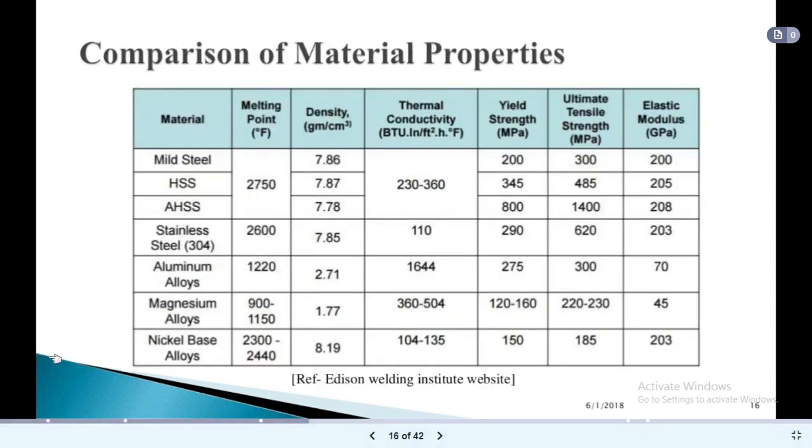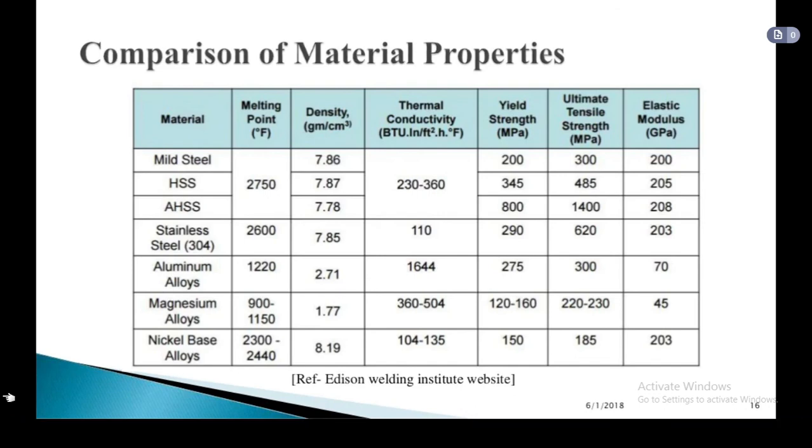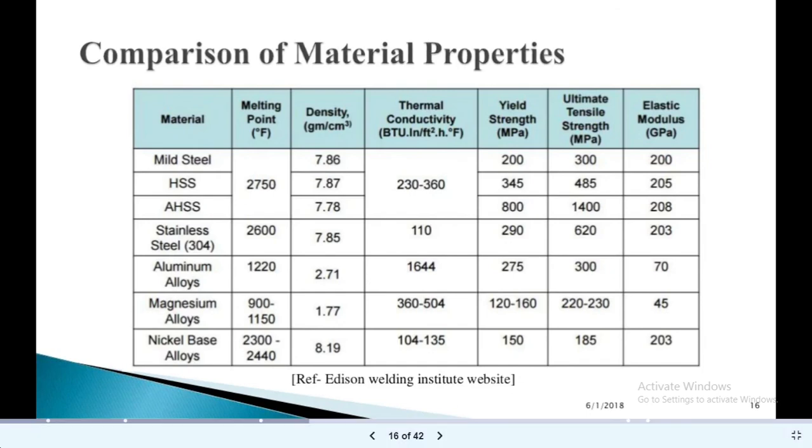Okay, so this is all about the welding of dissimilar materials. What is meant by joining or welding of dissimilar materials? What are the different factors that affect the welding or joining of two dissimilar materials, and what are the different remedies that we can apply to avoid the difficulties in a dissimilar metal joint.